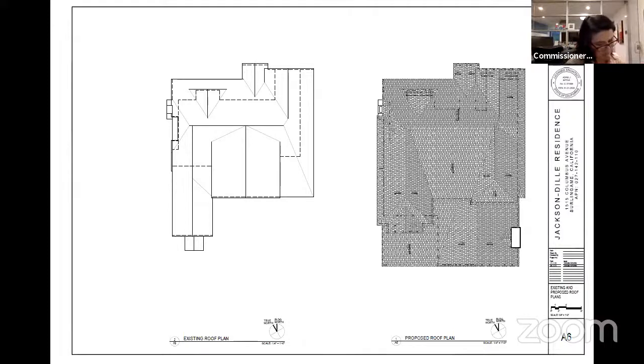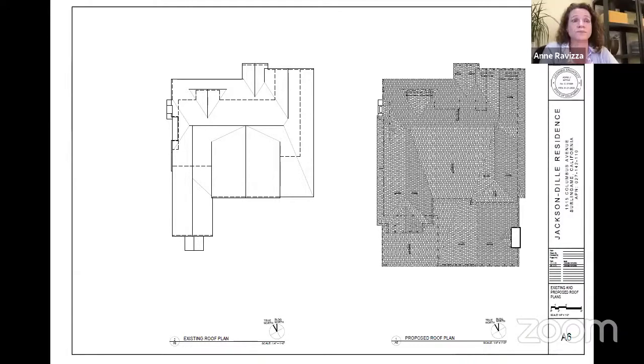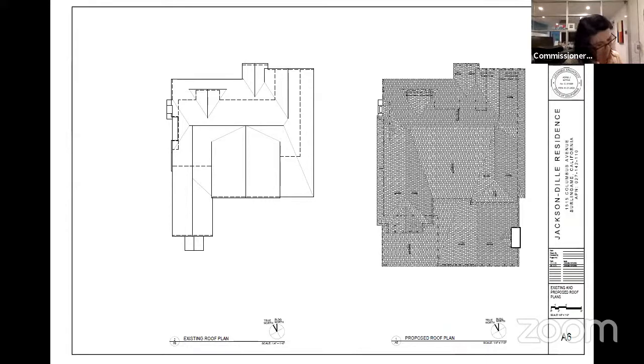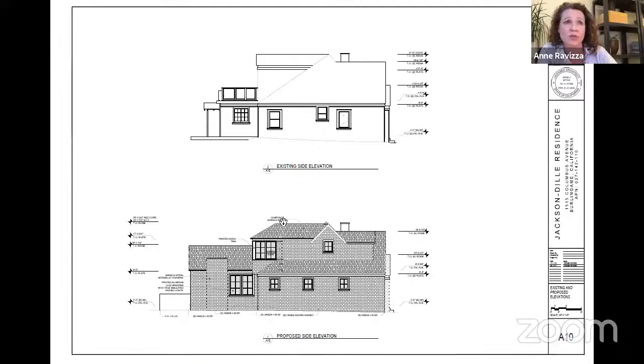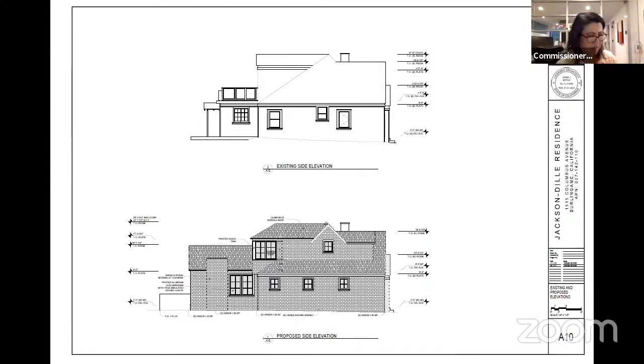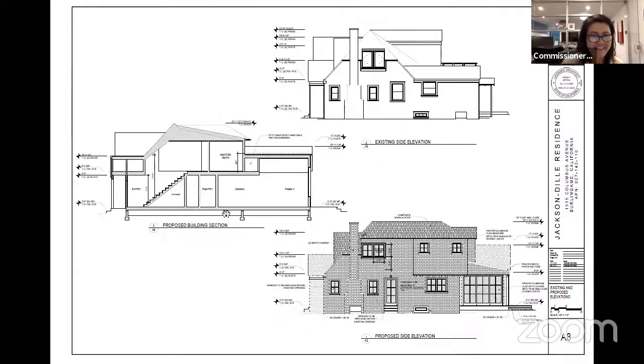Okay, let's see. Maybe I'm looking at the front. Oh, so the front doors are at the top of the plan. Yes. And I'm looking at the right side. I think you're talking about the lower left, if you're looking at the second floor plan, the primary bedroom. Yes. Oh, there it is. I think I just saw it upside down, and I was trying to find it on the wrong side of the house. Thank you.